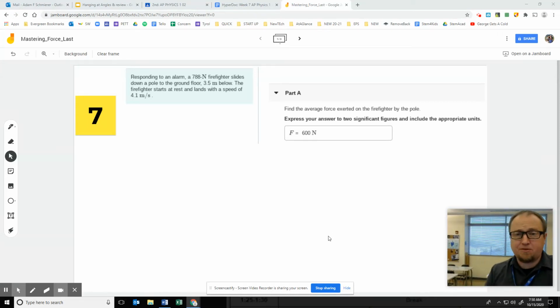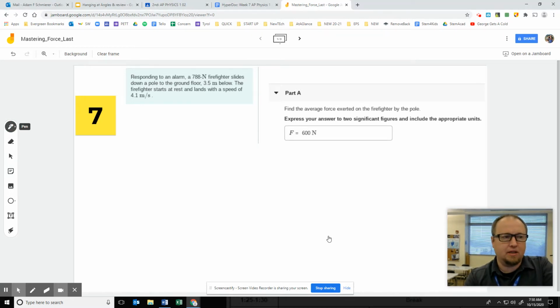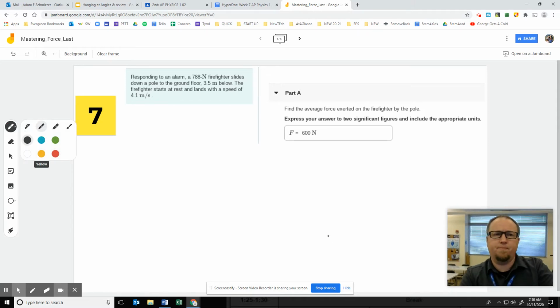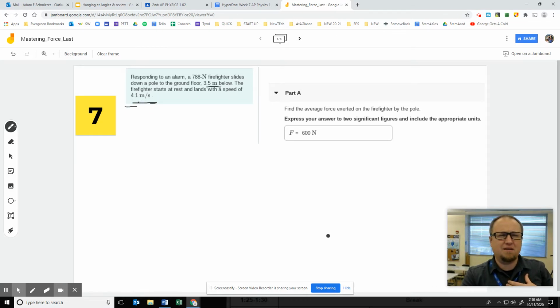We got some questions on Mastering Physics, and these have come up a lot. So let's do this right. The first one is 7, 9, and 13, and they deal with a couple of big ideas. 7's tough because it's dealing with vertical. 9 and 13 are dealing with friction, but they're giving you distance and time, and so it confuses a little bit. 7 is the same thing. They give you a speed, a height, and a weight force, and you find the average force.